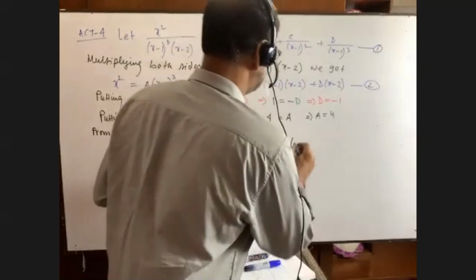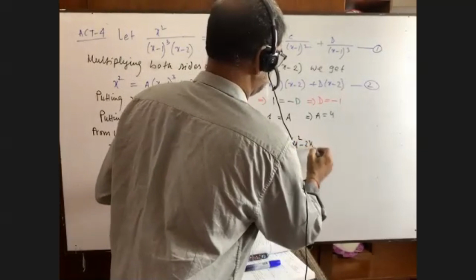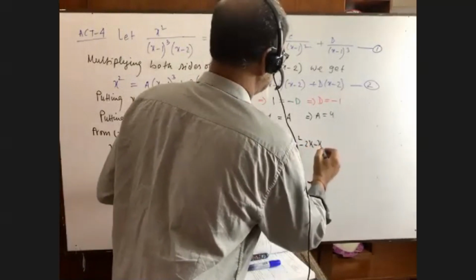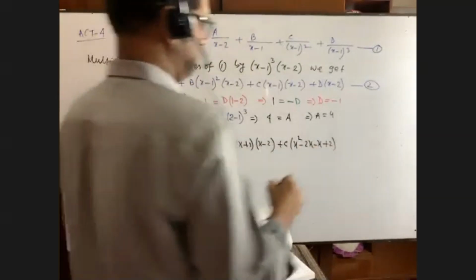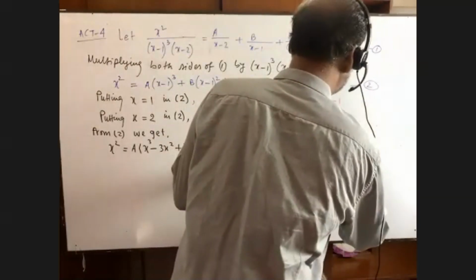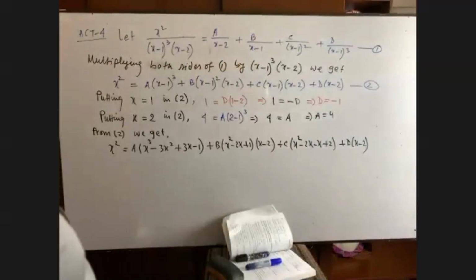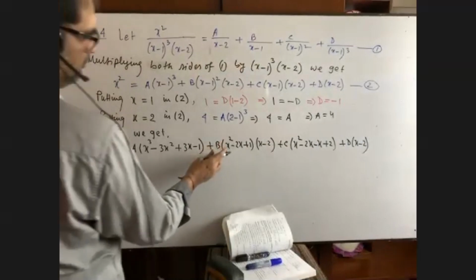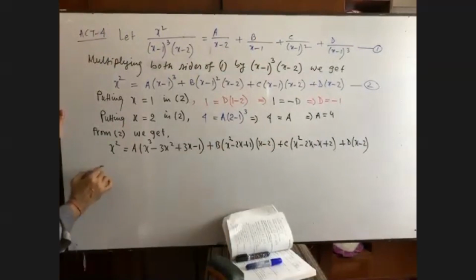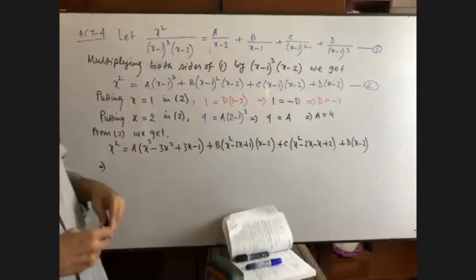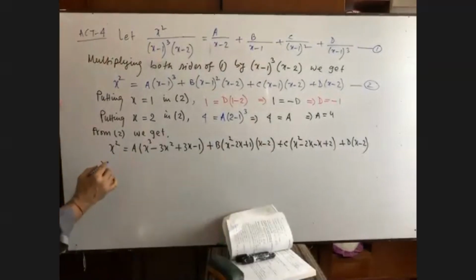If you multiply, we will get x square minus 2x minus x plus 2. And here D into x minus 2. But we are not done yet because we have to multiply this part. I have just multiplied, nothing else I have done here. Here we get